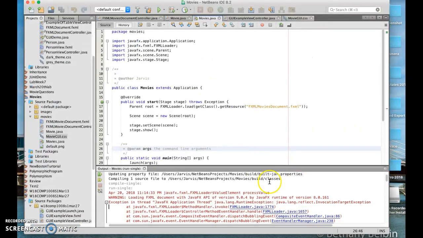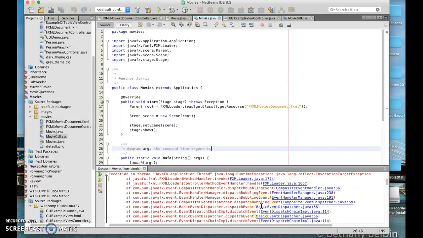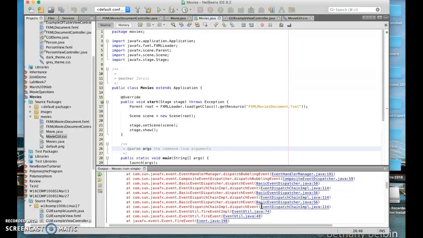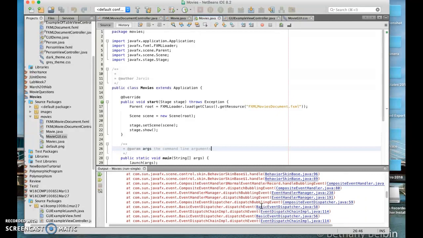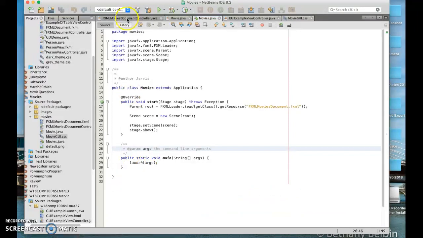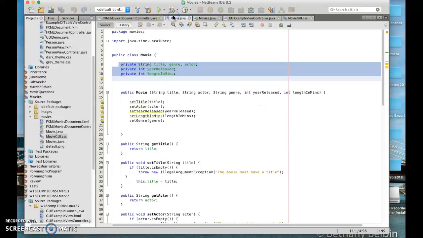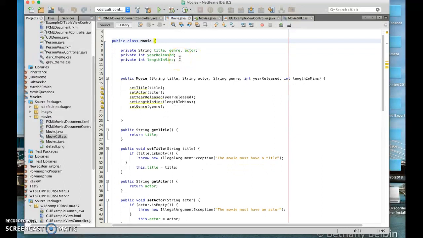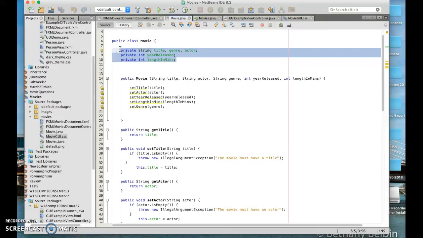my NetBeans again. And under NetBeans, you can see where we got a bunch of exceptions here. They're saying how we haven't put in any strings. We haven't chosen a year, so the integer parse failed. And I'll go through that right now. So I'll cancel that. So we'll go to my movie class, and here I have instance variables for string title,